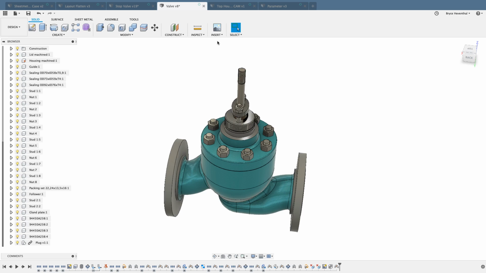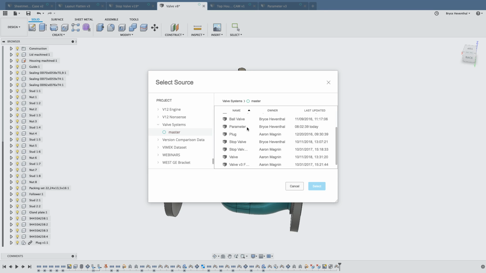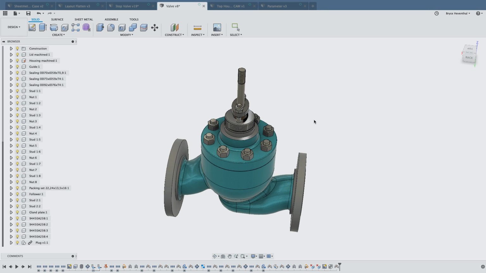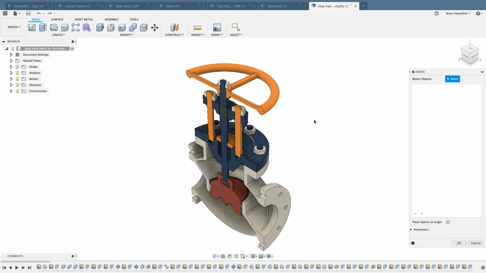Derive. It's going to open up my select source dialog where I can go through and pick what kind of components I could look through, any of my Fusion 360 designs. I'll say I want to grab my stop valve. And you'll see what it does is it's going to open up that document in this insert derive mode. So you'll see it opened up this document, and I can actually select several different things throughout this